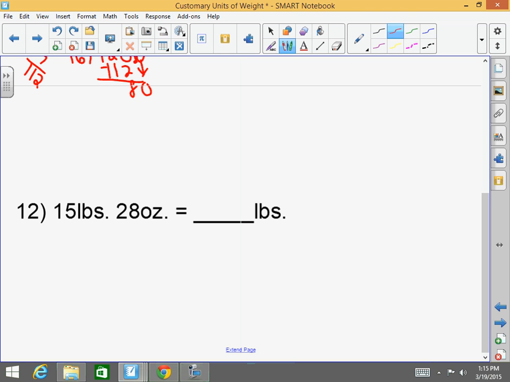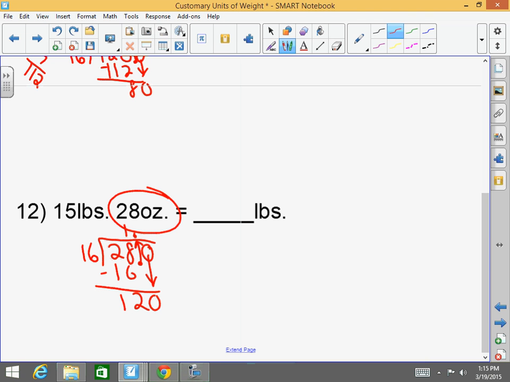Okay, so here you got 15 pounds, 28 ounces. I want this all in pounds, guys. So I'm going to have to convert this into pounds. So I'm going small to large. So do I multiply or divide? So 16 goes into 28 one time, which is 16. I'm left with 12. Add a decimal. Drop it down. Good job. 16 goes into 120 7 times. 8. Add another 0. I'm very proud of you. And that goes in 5. So I have 15 pounds plus 1.75 pounds, which will equal